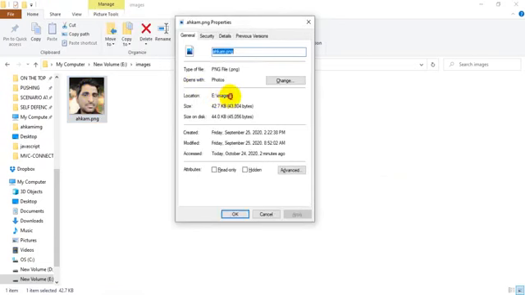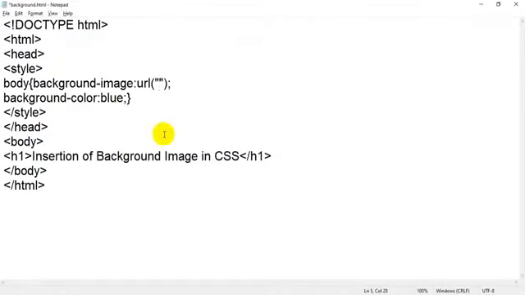This is the location. When I copy it, Control C, back to my notepad, and inside that double quote I paste it, Control V. See, the default is a backward slash. Okay, this is backward slash, this is backward slash, and which is forward, I just want to show you, this is forward slash.